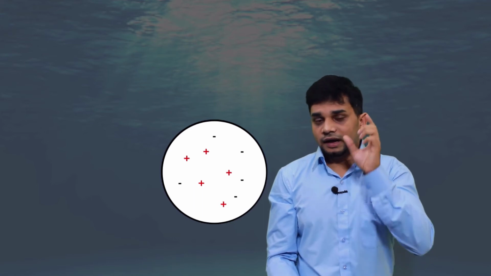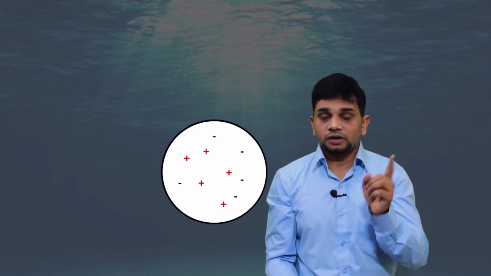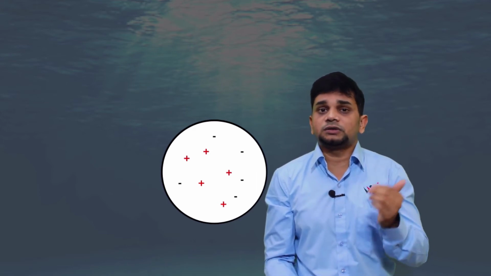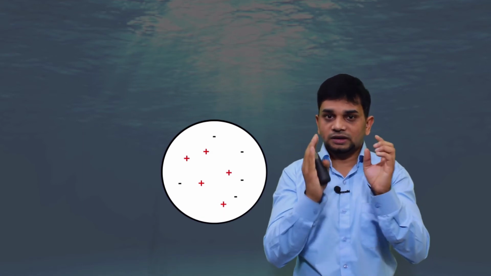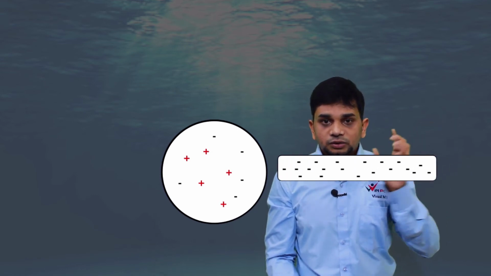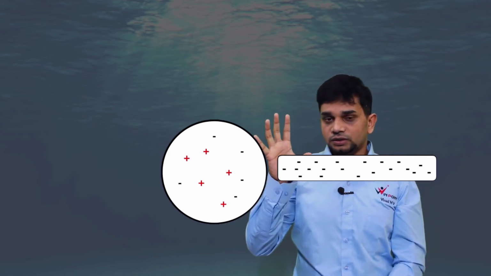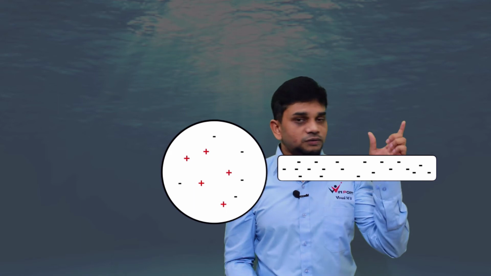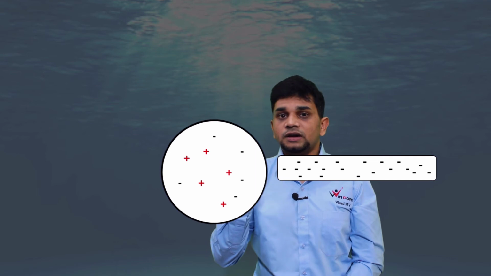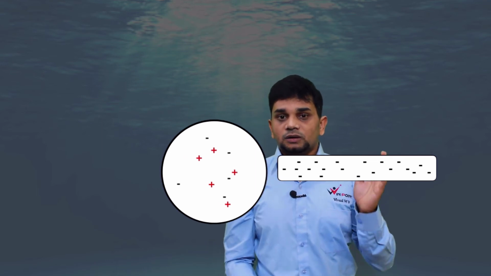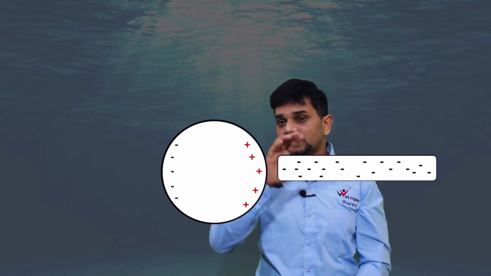We are going to bring a negatively charged object near to this object. We are not going to make any contact between these two. If we made a contact between these two, it would be the process of conduction. Instead of that, we are making a small gap between these two objects and keeping that object near to this object. What's going to happen? This object is negative in charge, so all the positive charge will accumulate here, and this negative charge is repelling all the electrons. So all the electrons will accumulate here.